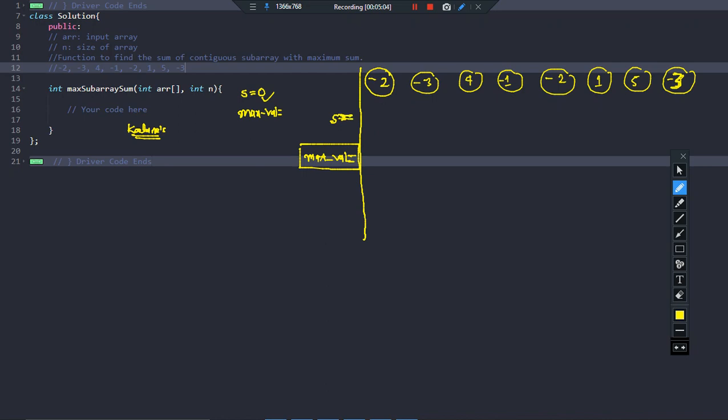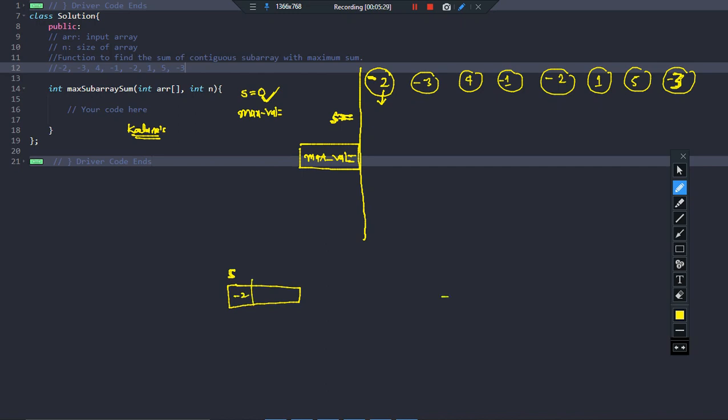So right now you see s is equal to 0, right? My sub array is basically empty, I don't have any elements in the sub array. Do you think it will be a good deal to pick this element -2 in the bag? Suppose this is the bag S of sub array. Do you think keeping -2 is a good deal to keep in the bag?